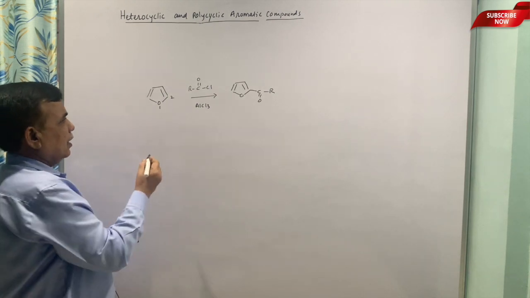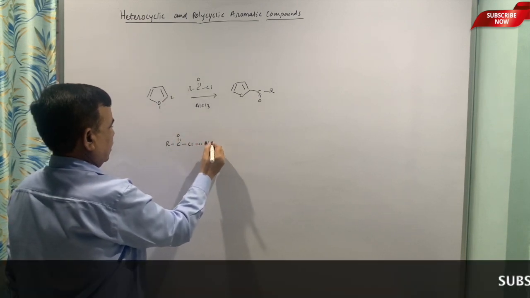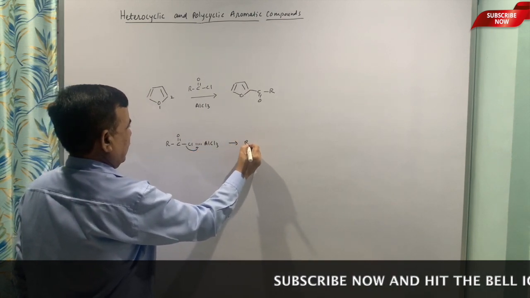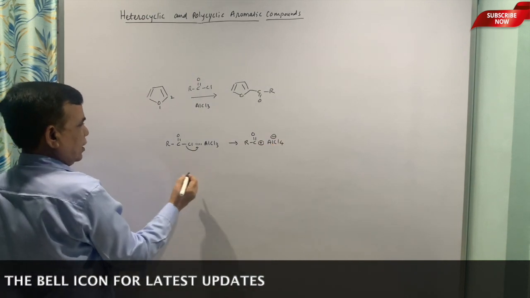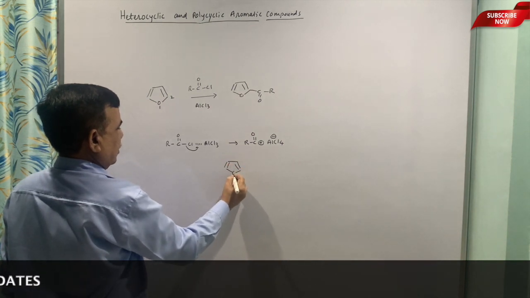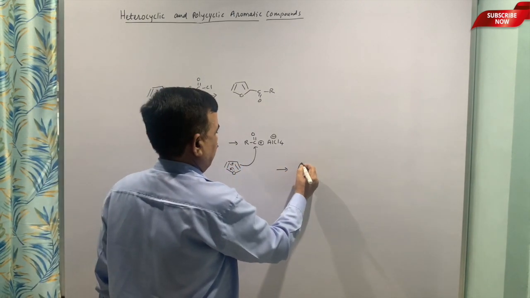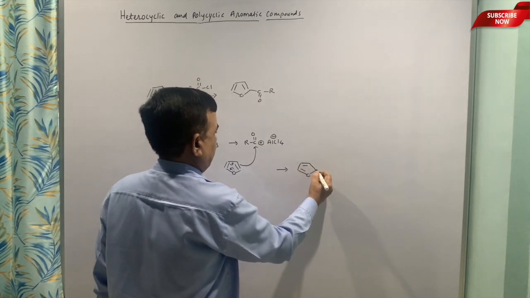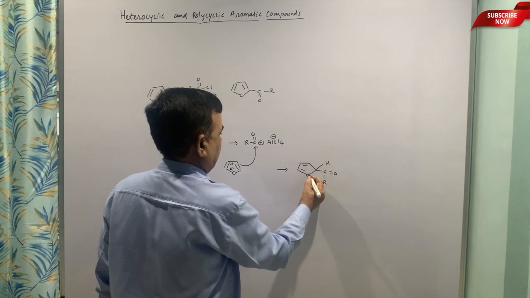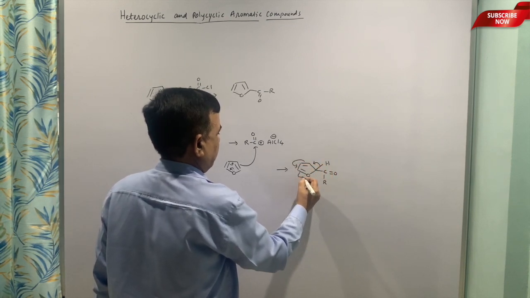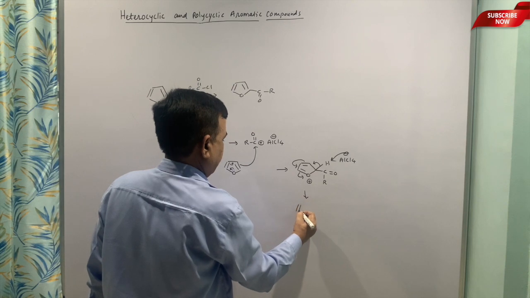This is also an aromatic substrate, and the first foremost thing is you can generate the ion pair, RCO plus AlCl4 minus, the intimate ion pair as you call it. Then in the next step you can directly show it with this, or you can take the help and put it this way. This is plus, and eventually this will lose the proton to AlCl4 minus, and you can get the desired compound